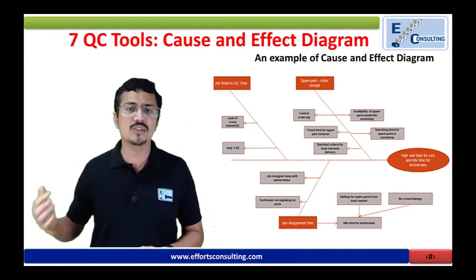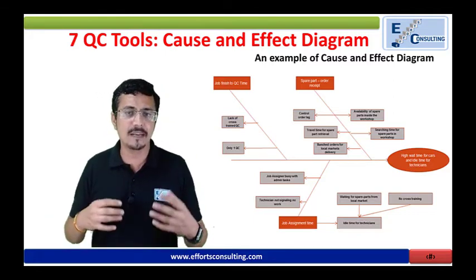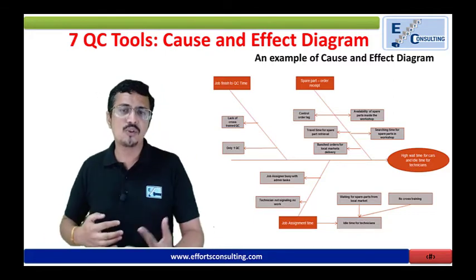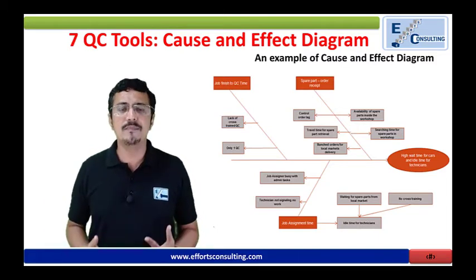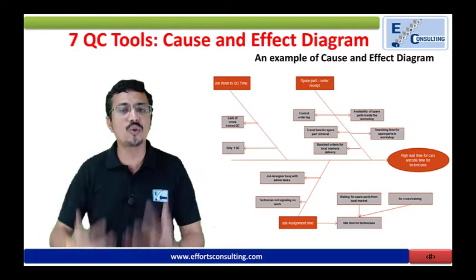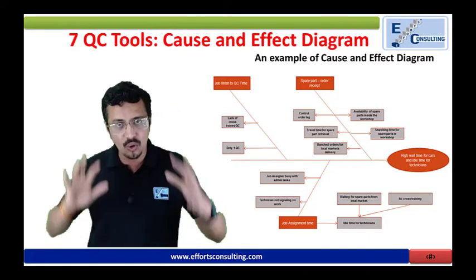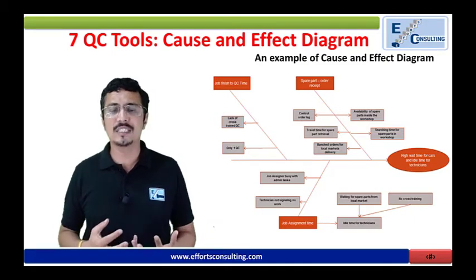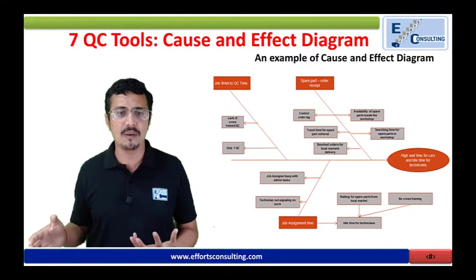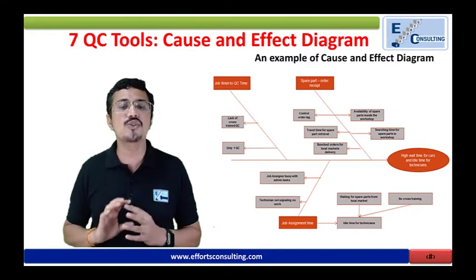5S: Seiri, Seiton, Seiso, Seiketsu, Shitsuke. So this 5S also can create the ribs of your fishbone, and you can draw that way. Ideally, you can have your own causes. The idea is we need to put all the causes together and identify which are the important causes leading us to this particular problem. Now, the causes to the event first need to be arrived at based on brainstorming.